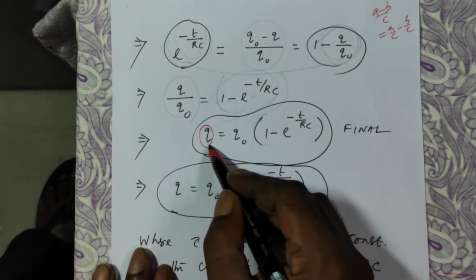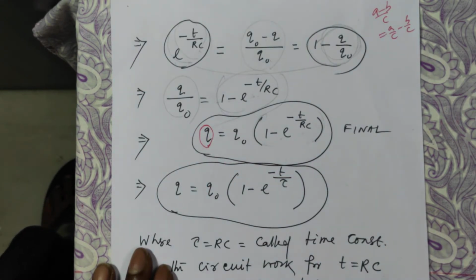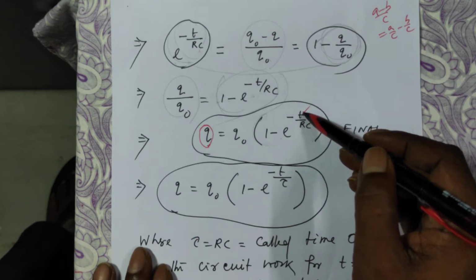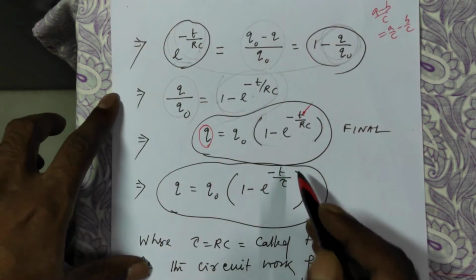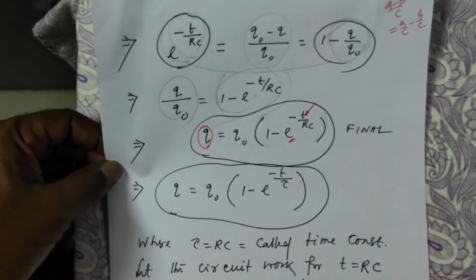What is the meaning? This is the final expression. This is the charge stored in the capacitor when the key is pressed, in time t. If t is 1 second, put t equal to 1 second. If t is equal to 2 seconds, and you are asked to find the charge in the capacitor after switching on the key after 2 seconds, then put t equal to 2 seconds. If you are asked to find the charge in the capacitor after 1 minute of switching the key, then put 1 minute equal to 60 seconds, right? And the value of e is a standard thing, it is known.